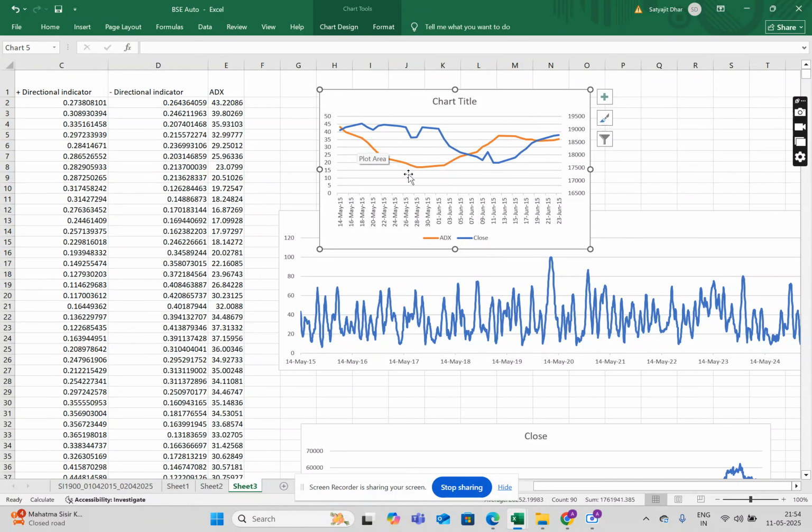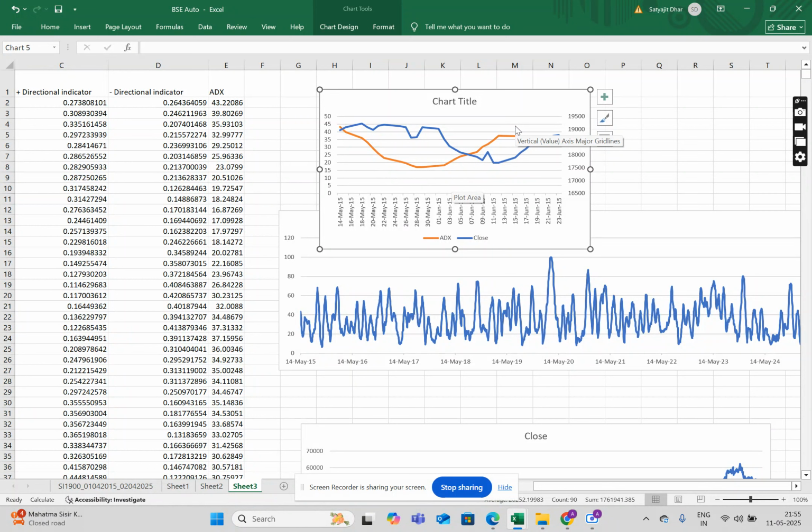Okay, it is less than 40, and also it is less than 25 at a few periods. So in periods when the ADX is less than 25, as we can see, the trend is not very strong, so it is fluctuating. But the trends are stronger when the ADX is higher than 25, like in these periods. So the trends fluctuate and change as the ADX falls below 25, and when the ADX is rising, that means the trend is stronger.